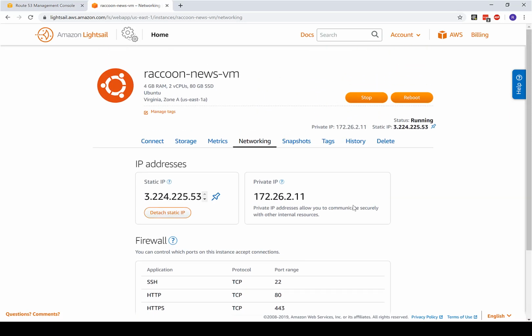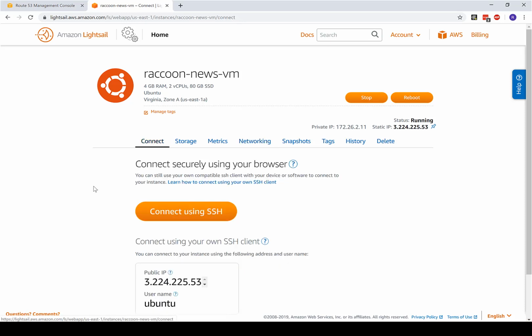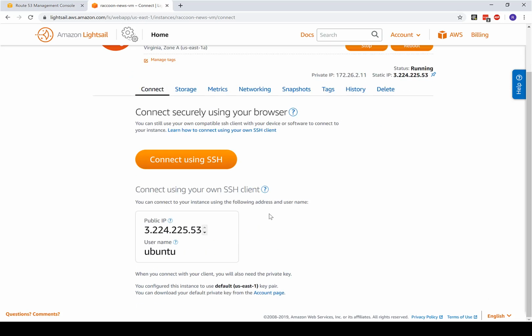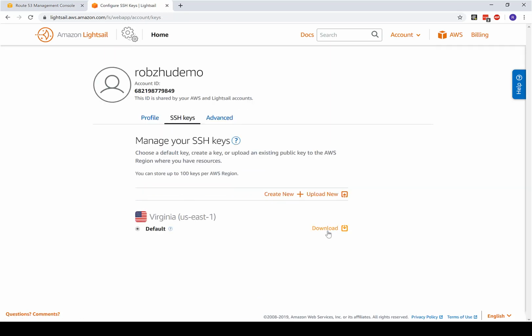The next step is to connect to this instance. And to do that, I'm going to click the Connect tab here. And I can connect to the instance using SSH here. But since we're using a WSL terminal, we need the SSH key pair. And it says down here at the bottom of the page, you can download your default private key from the account page. I'm just going to click that. Click download,